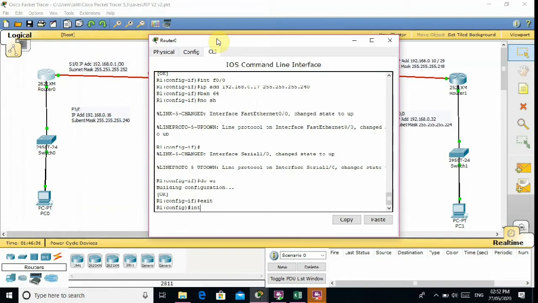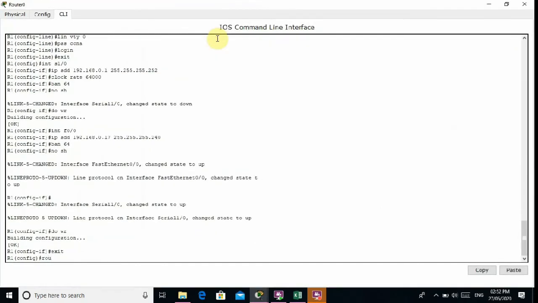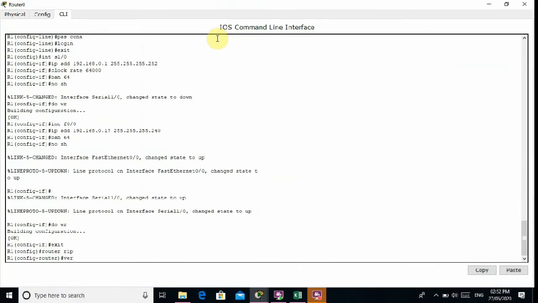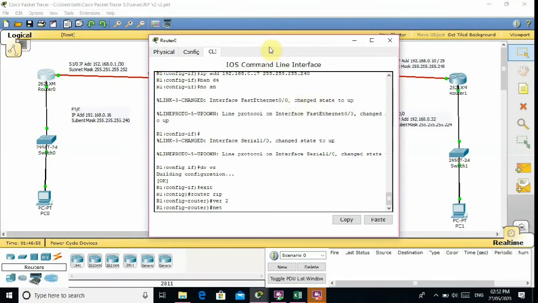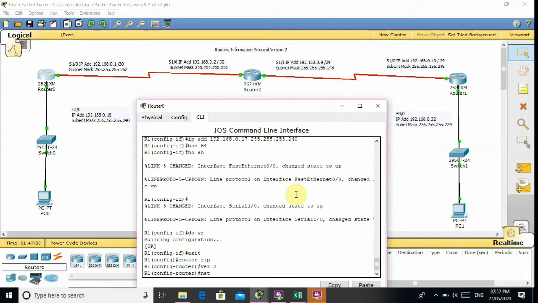Now I am configuring Routing Information Protocol version 2. In the actual process, the routers are logically connected and share data. So first go to configuration terminal mode, enter the router rip command, enter the version 2 command, and now we have to manually enter all the networks which are connected to all the routers, with the IP addresses on all the interfaces connected together.